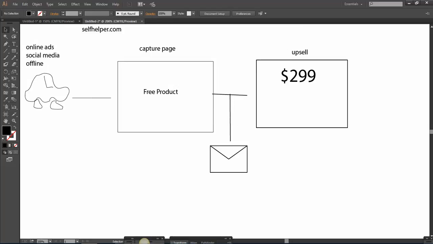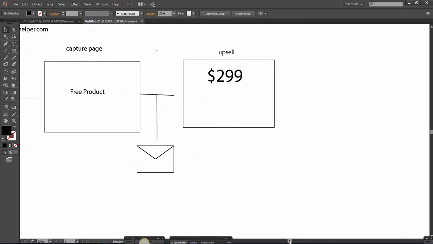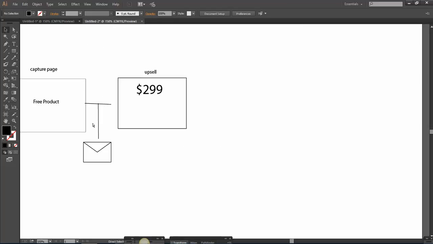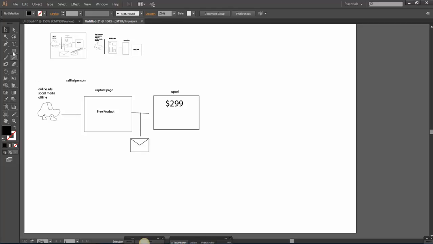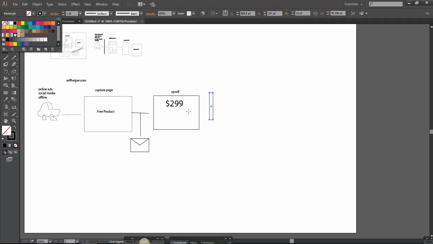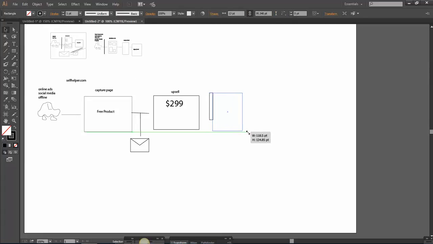So after they go to your upsell, they are taken to what's called an order page. And an order page, if any of you have ever used Amazon before, you'd know that before you complete your order, there is a page that shows you what you are ordering before you click submit. So that is essentially what an order page is, just the page where you show them what they're about to order